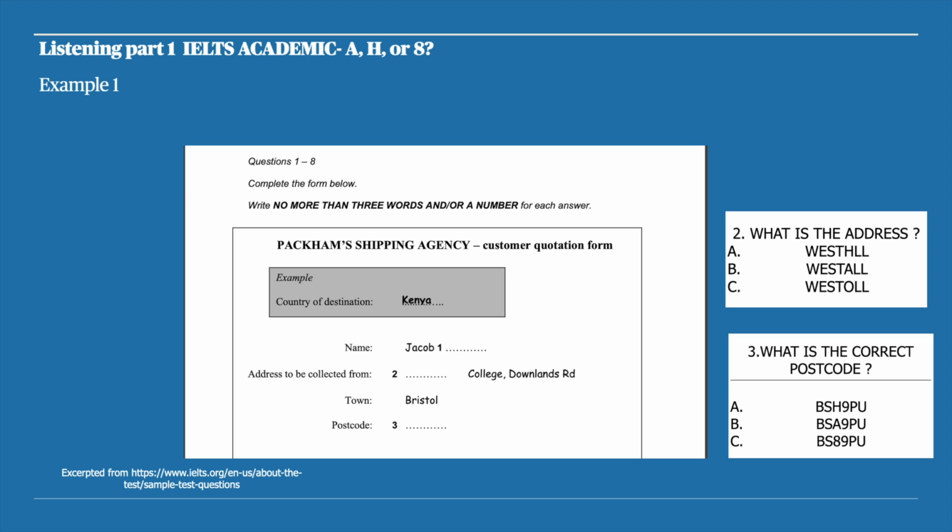The first example is copied from IELTS sample test questions. So let's get started. And before we start, I want to highlight one more time that I want you to pay attention to the pronunciation of letter A, letter H, and number 8. Okay,